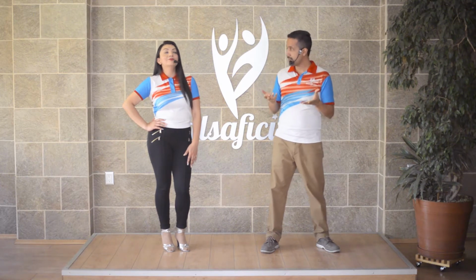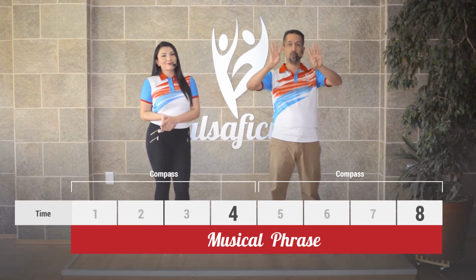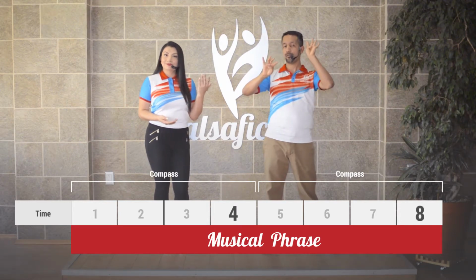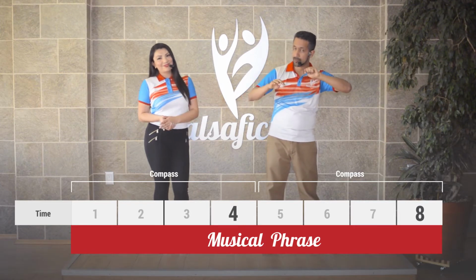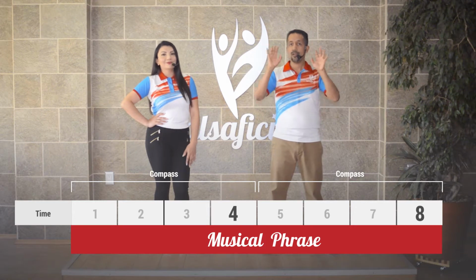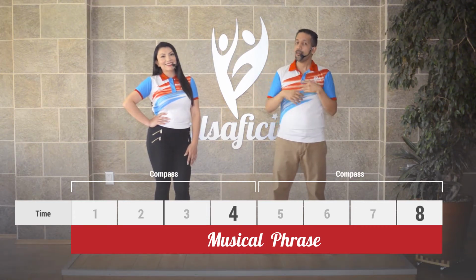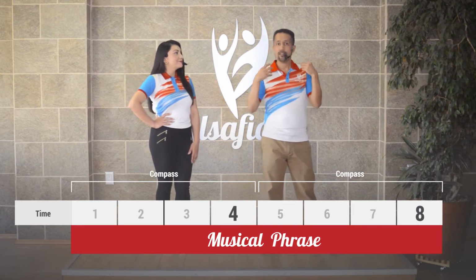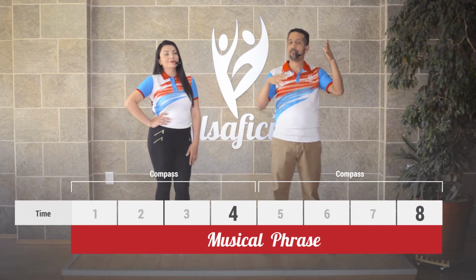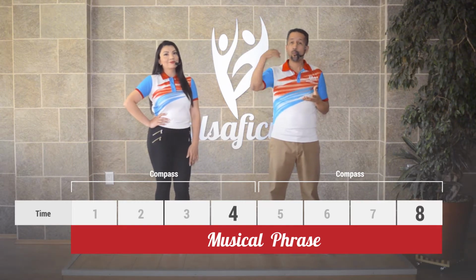Let's remember that the music we will use to dance casino is measured in a compass that's called 4x4. That means there's 1, 2, 3, 4 times, followed by another 1, 2, 3, 4 times. This can also be named as a phrase of 8 times. 1, 2, 3, 4, followed by 5, 6, 7, 8. Many instruments will use the 8 times to follow different melodies or patterns that will help us identify where that